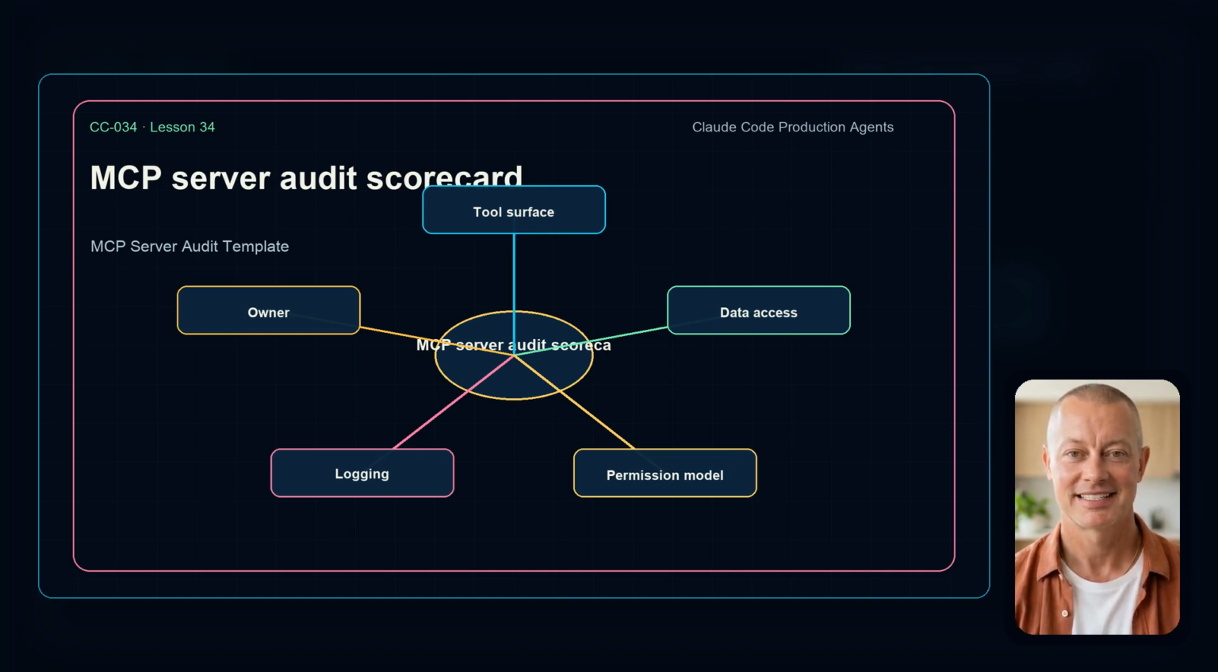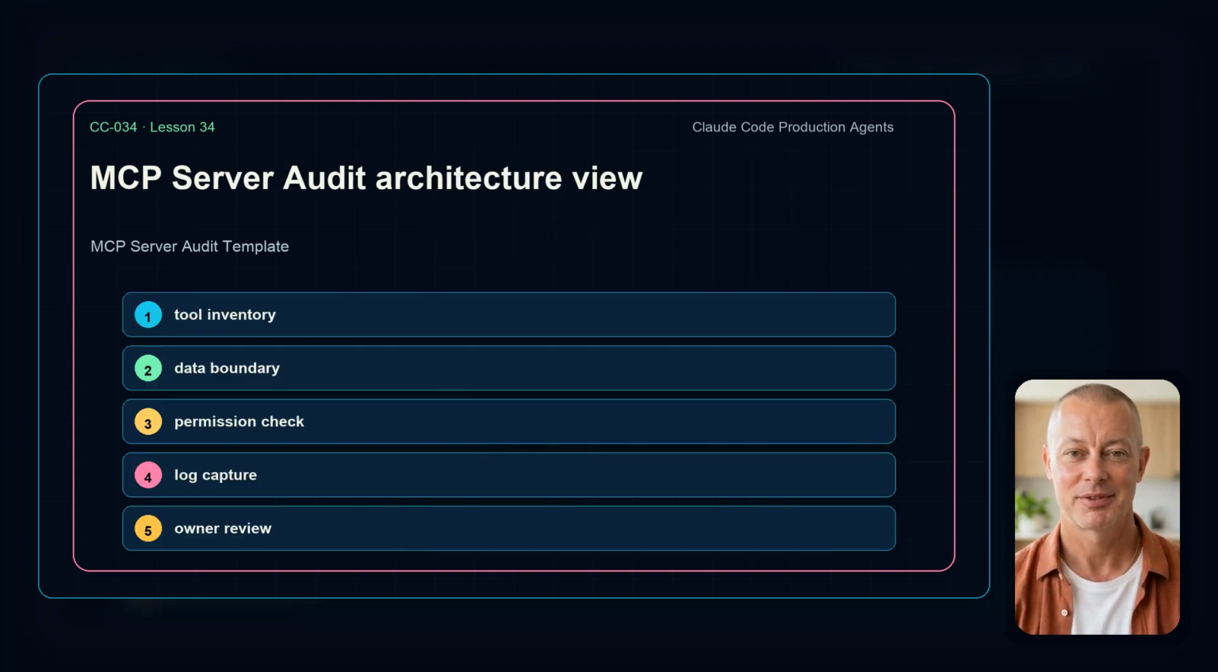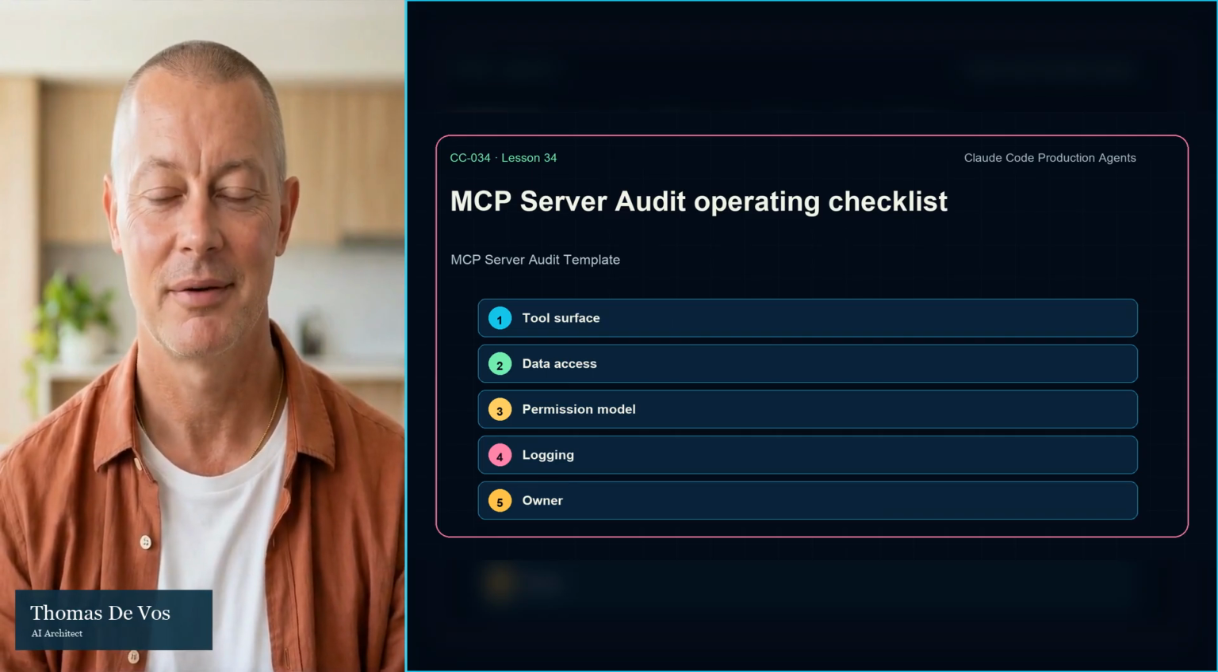The visible artifact is the MCP Server Audit Scorecard. It has 5 parts: tool surface, data access, permission model, logging, owner. Those parts turn an abstract concern into a concrete review conversation. This part of the visual map matters because it shows the actual moving pieces: tool inventory, data boundary, permission check, log capture, owner review. If one of those pieces is invisible, the team will struggle to operate the workflow under